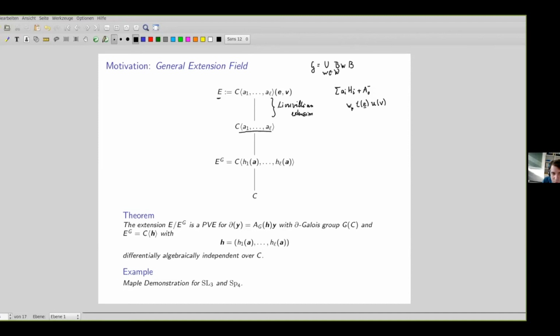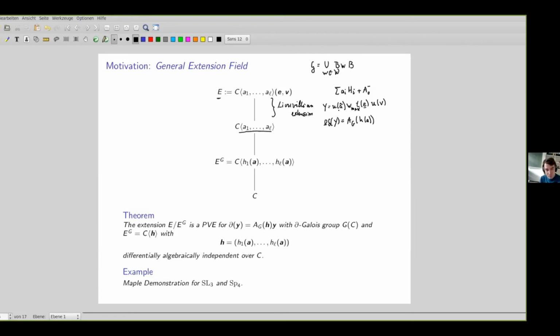So we have here w max, and then we have here U, and this U, I write it like that, A tilde, is parameterized by m differential polynomials in A1 up to AL, and what is m? m is the number of positive roots. Okay, so this is now our fundamental matrix Y, and these elements A tilde are chosen such that the logarithmic derivative of Y is A, and here we have then differential polynomials depending on a.